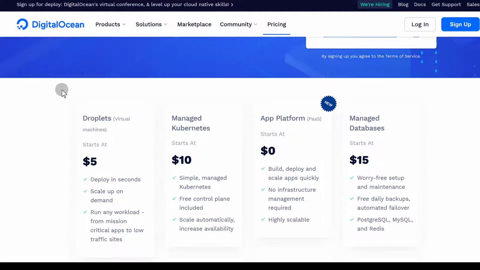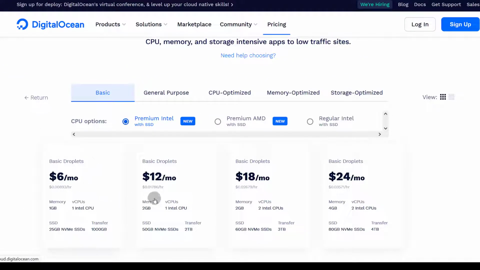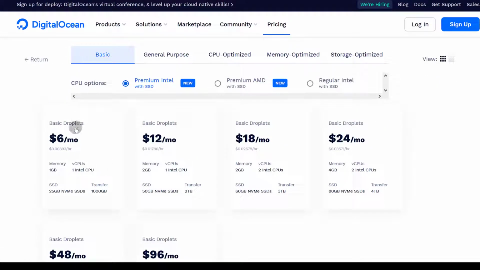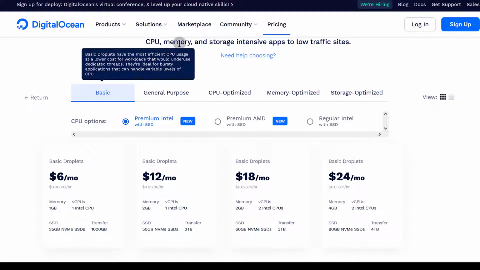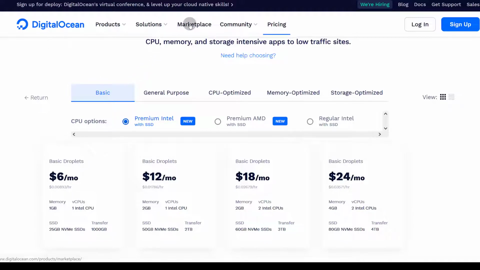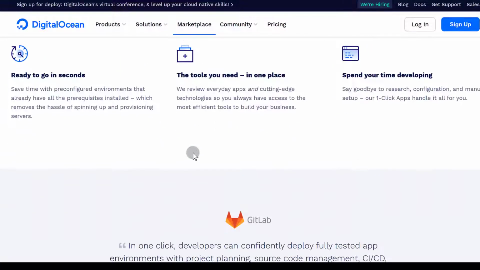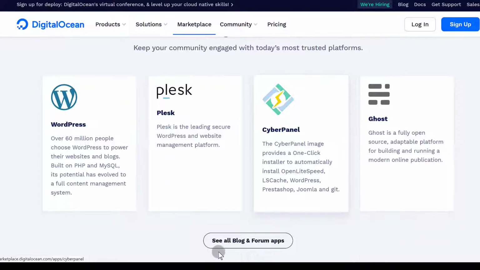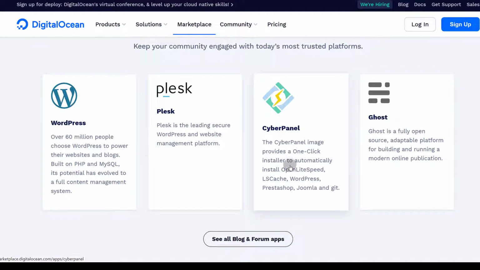So the VPS solution for DigitalOcean is here under Droplets. You can check the prices and see which one works well for the app that you want to run. If you want to run WordPress, definitely these are the options that you need to choose from. Just choose from here. And if you want to run WordPress on DigitalOcean, you can just come here under Marketplace. I don't know whether they have, depending on the control panel that you want to use, you can install a control panel. You can see they have Plesk. Cyberpanel is free. There's cPanel. So just choose one of these, Plesk or Cyberpanel. Cyberpanel is free, so you should probably use that.